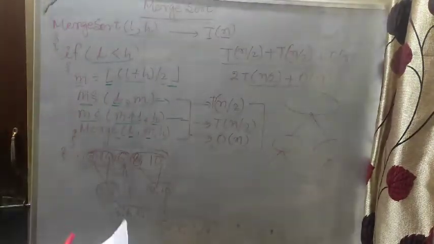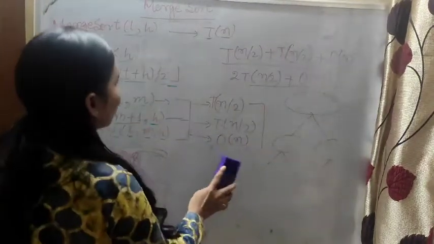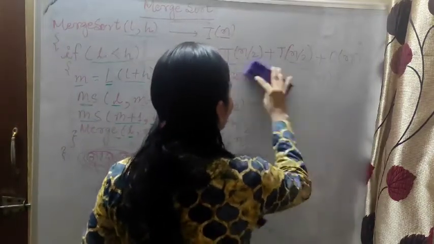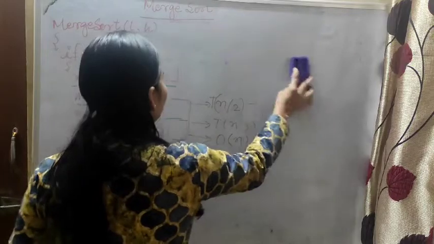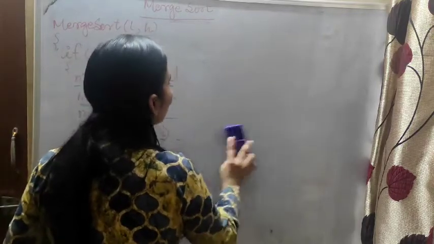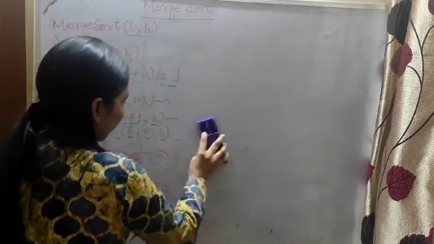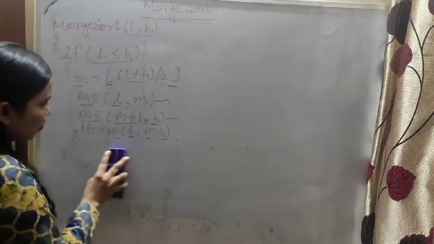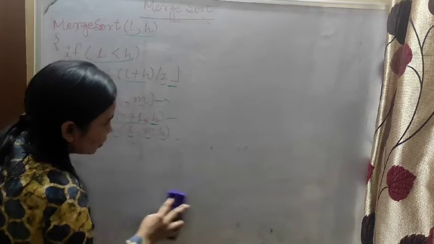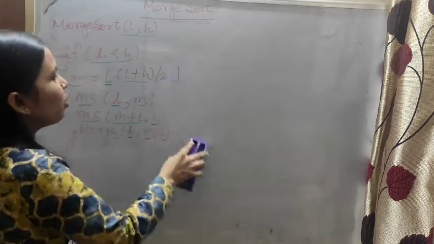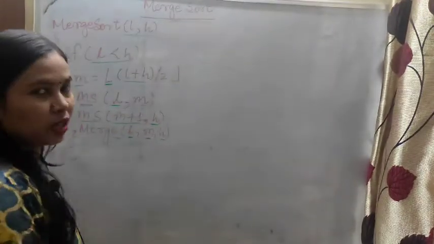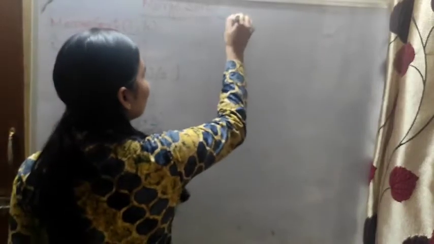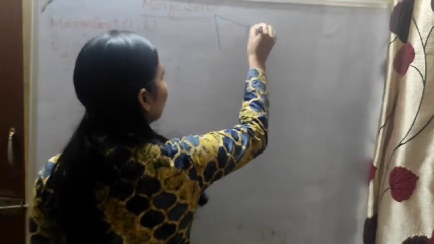And now we will see the space complexity. How do you find out the space complexity of the merge sort algorithm? See, here space is very less, that is why I am removing and writing many times. So whenever you are trying to solve this, first you have to copy it. Pause the video and copy it. Now you will see the space complexity. In merge sort, the space complexity comes first from merging.